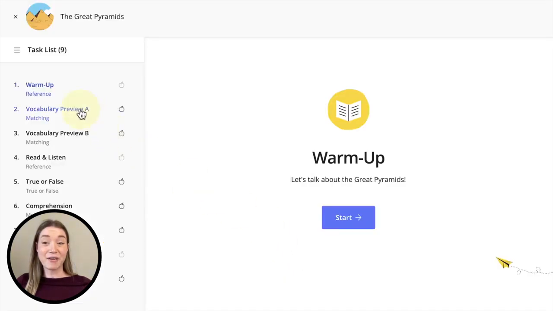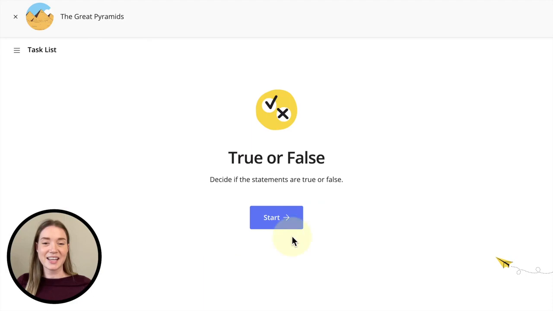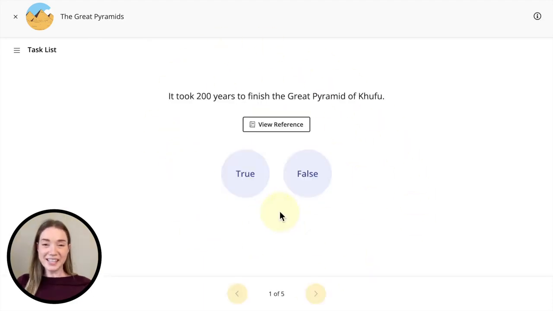Inside the lesson, you can see all the different activities on the left-hand side here in our task list. As I mentioned, we're focused on our true or false activity today, so let's jump right in by clicking Start. This activity is pretty straightforward. Immediately on the screen, you're going to see a statement, and your students need to decide whether that statement is